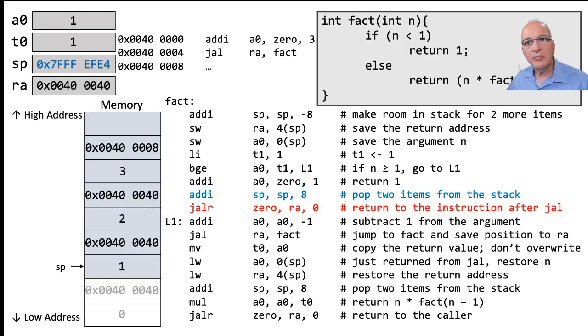The return statement will take me to the current value in array, which is the instruction right below that jump and link instruction. When I get there, I will make a copy of A0 into T0, and I will load the A0 and array back into their value from the stack. So A0 is returned to 1. And array receives the value that was in the stack, that is the 0x00400040, and then I will add 8 to the value of the stack pointer, thus doing what we call an